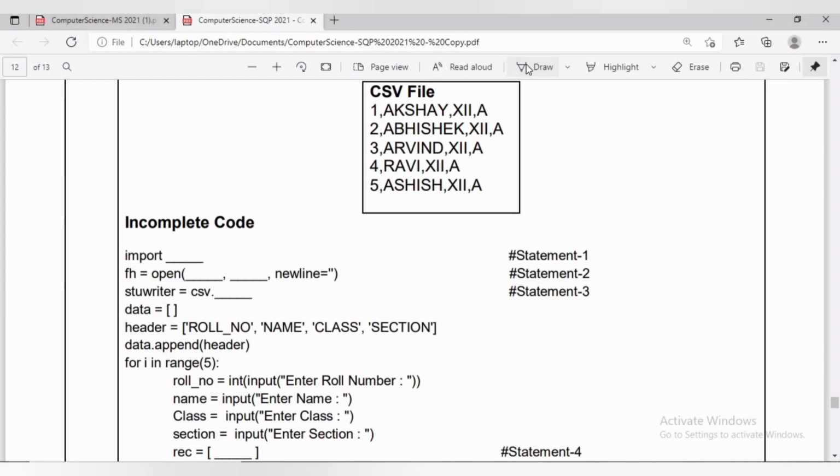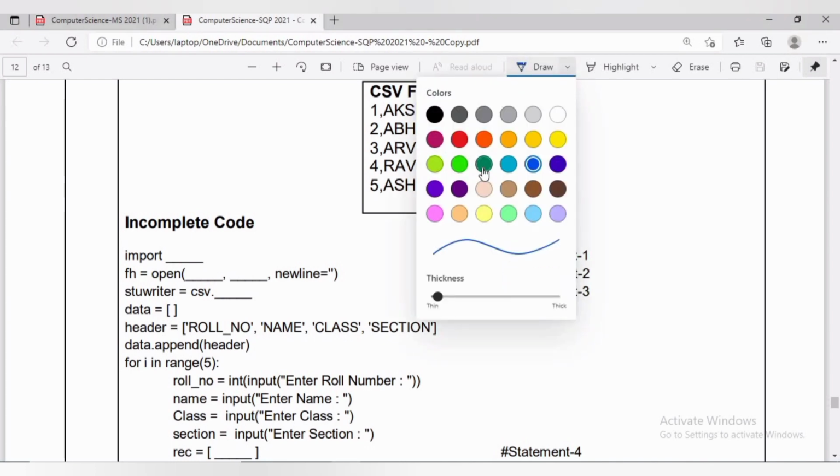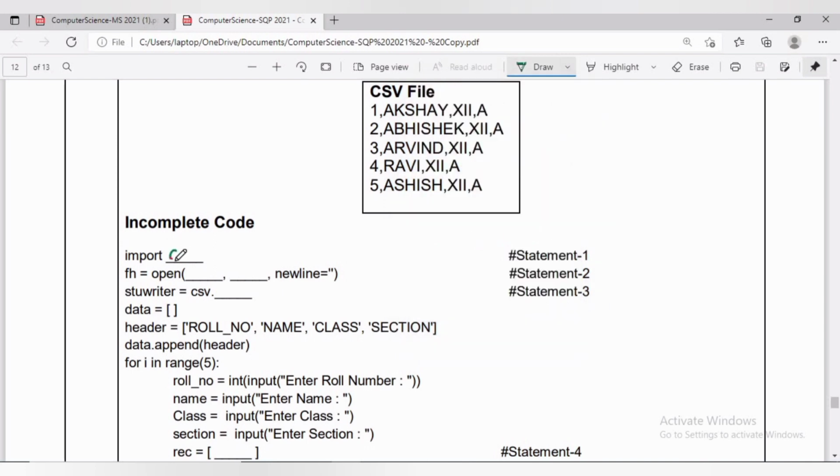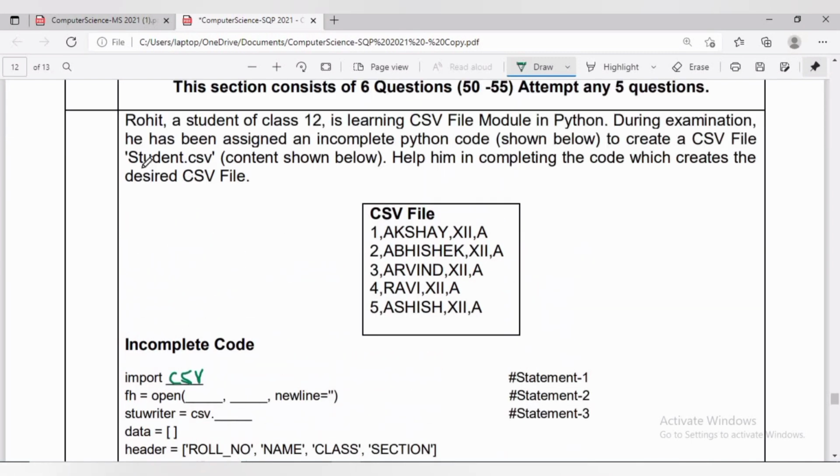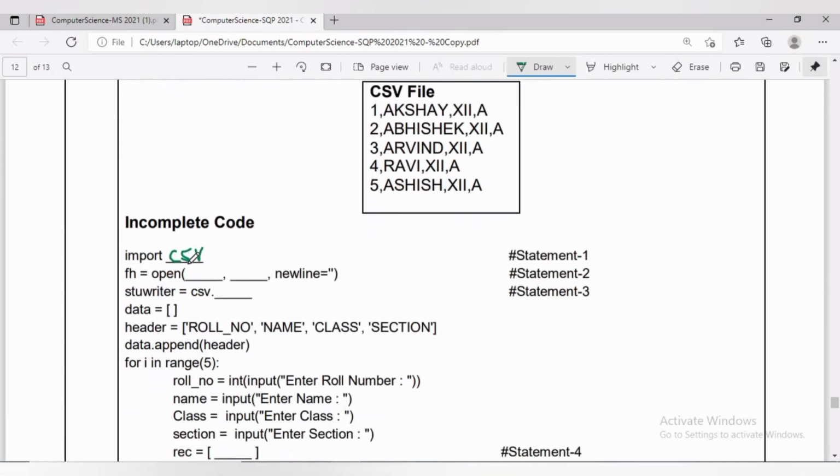It contains 5 rows. As we all know, to write in a CSV file or read from a CSV file, we have to import csv, which we should write in small letters. In this program, we are writing in the CSV file. For that, we have to open the CSV file in write mode.